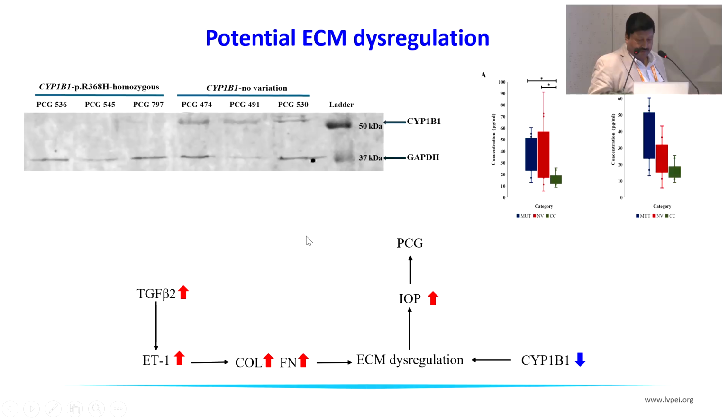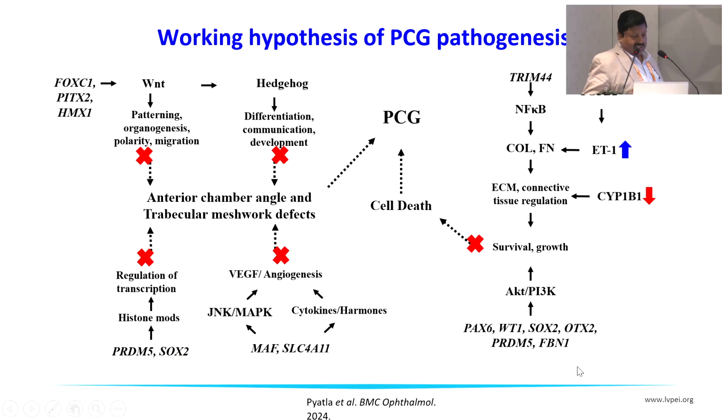who harbor CYP1B1 variations, indicating that the pathogenesis could be due to ECM dysregulation, which is contributed further by other ECM matrix and the endothelin-1, which actually increases the TGF-beta and reduces CYP1B1. So this is the working hypothesis that we have currently. One is through the hedgehog signaling, one through the Wnt, the different interactions of the genes, and there is a cellular death, cell death component also, which is due to the reduction of CYP1B1, overexpression of endothelin-1, leading to